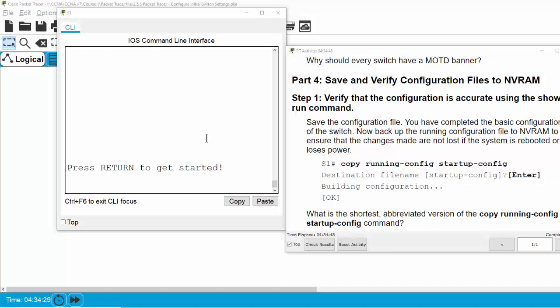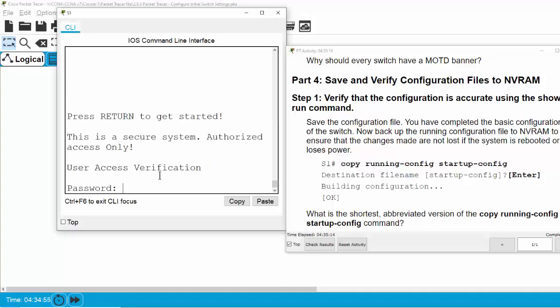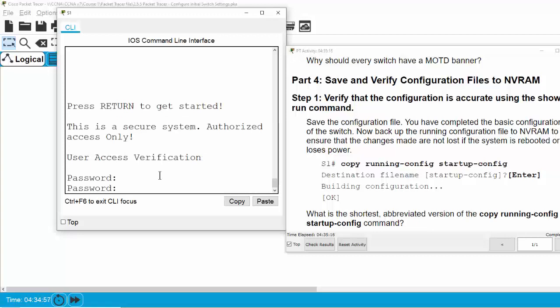Now we are on part 4. We will save and verify configuration files to NVRAM. We should back up the running configuration file to NVRAM to ensure that the changes that we have made are not lost if the system is rebooted or loses power. To save to the NVRAM,